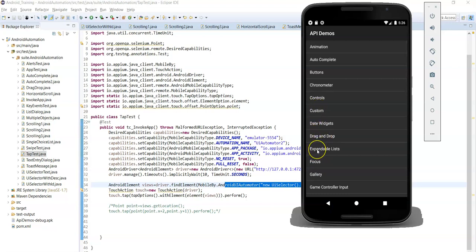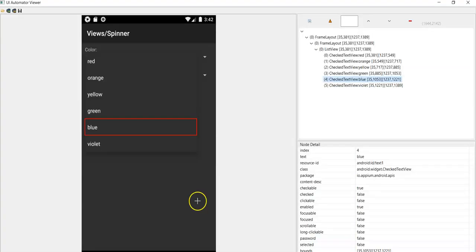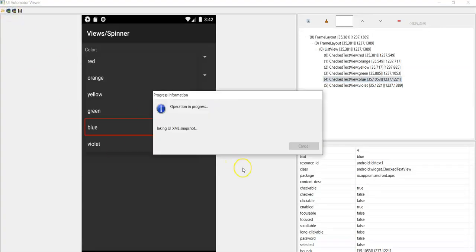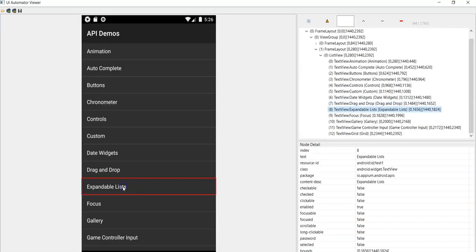After tapping on the Views name, we need to tap on Expandable Lists, right? For that you need to identify the locator of Expandable Lists. Take the device screenshot and then click on Expandable Lists. Here you can use the content-desc value with the accessibility ID method, find element by accessibility ID using the content-desc value or the text attribute value, because the resource ID is common for all names.